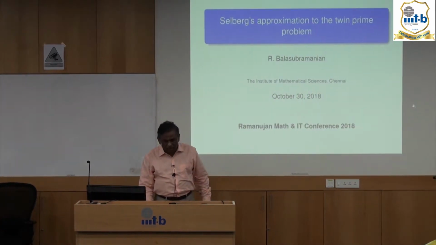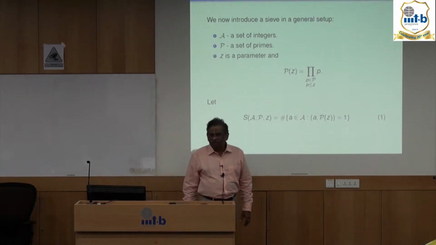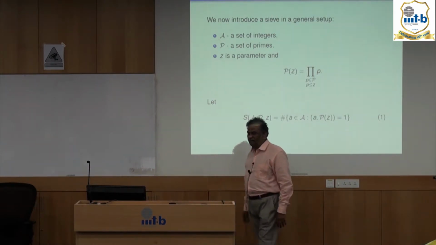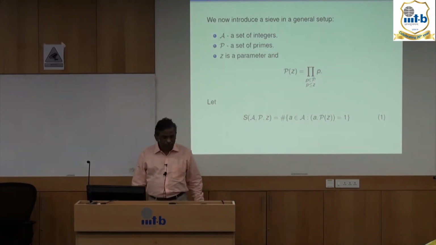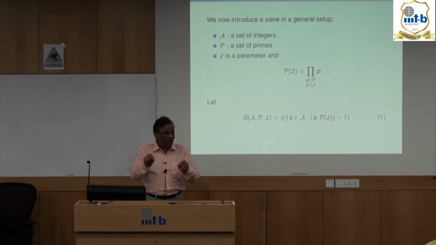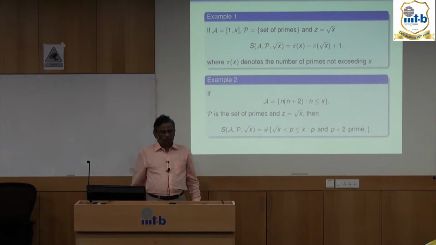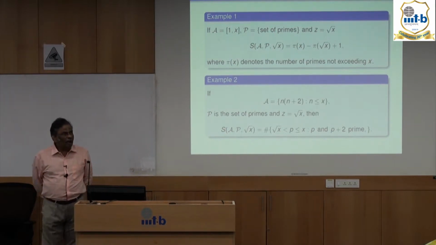Therefore, whatever I said, let me write in a number theoretic way. A is a set of integers, P is a set of primes, Z is a parameter, and I want to sieve out primes up to Z, which means once I sieve out by primes up to Z, I will be left with only numbers which are co-prime to all the primes up to Z, which have nothing in common with all the primes up to Z. That is one example. The other example is I want to